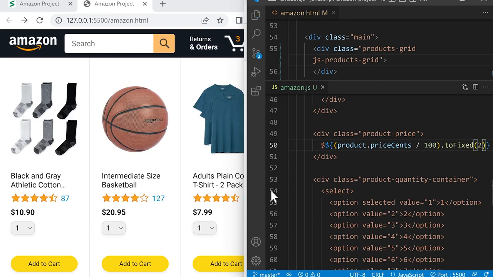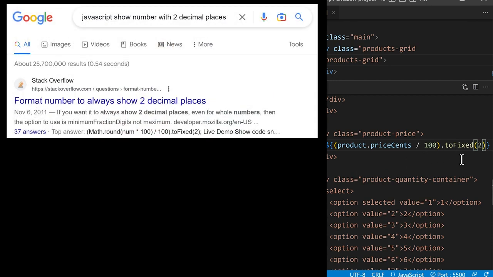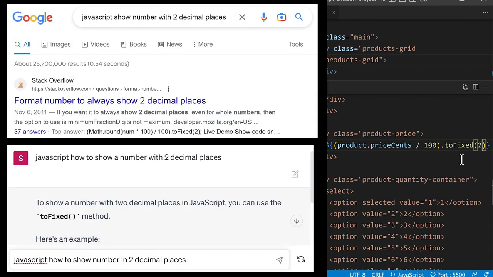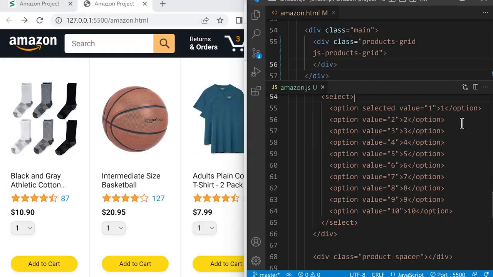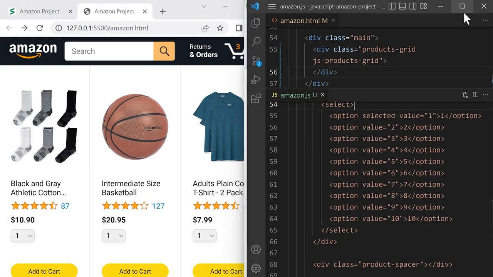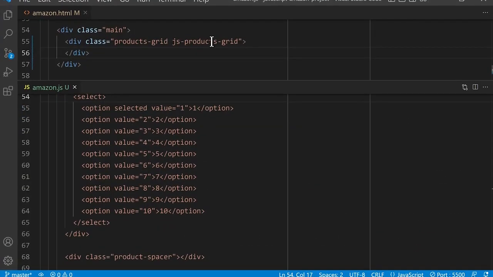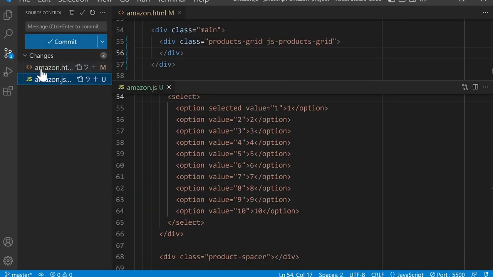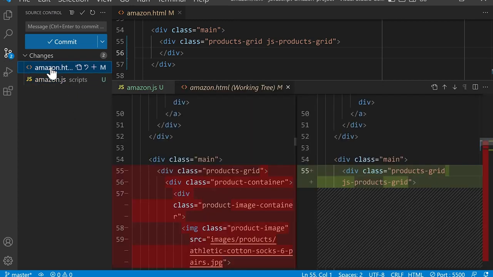If you're wondering how to find this method, you can find it by searching in Google or using an AI tool. Okay, let's take a break here and take a look at Git to see all the changes that we made. So I'm gonna expand this here, and we're gonna click the Git section. And it's gonna tell us that we changed 2 files. If we click the HTML file,